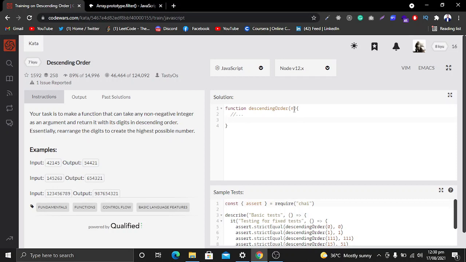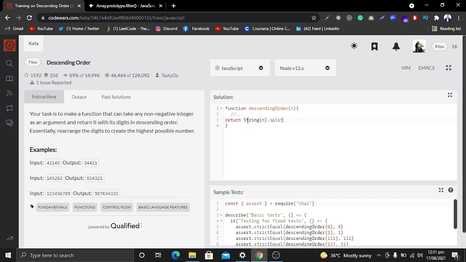So first of all, the number that we are getting in the parameter is not a string, it is a number. It has a type of number. So first of all, I will return from this function. I will convert the number into a string, and when the number is converted into a string, I want to split this string into an array.